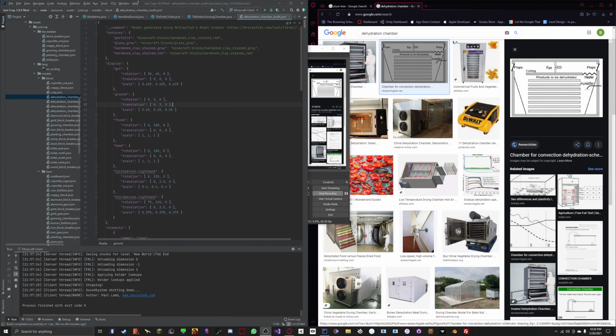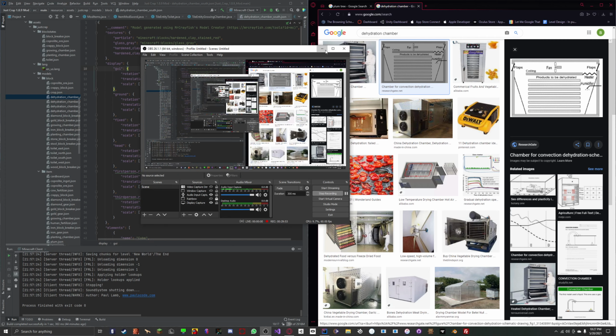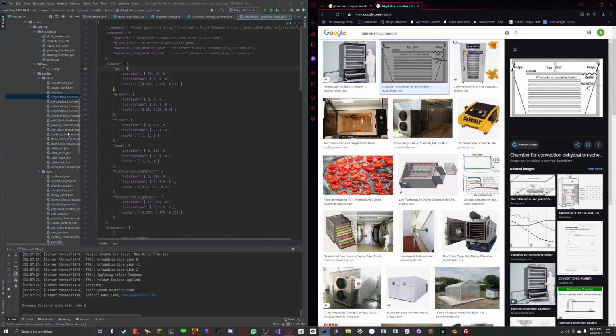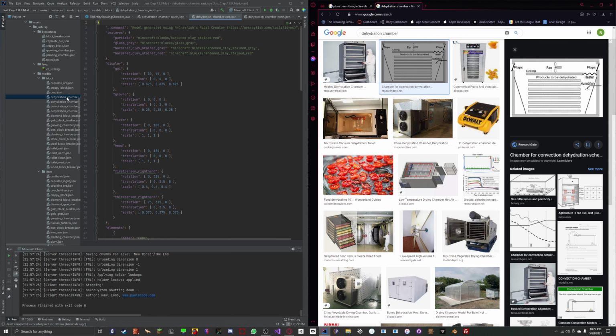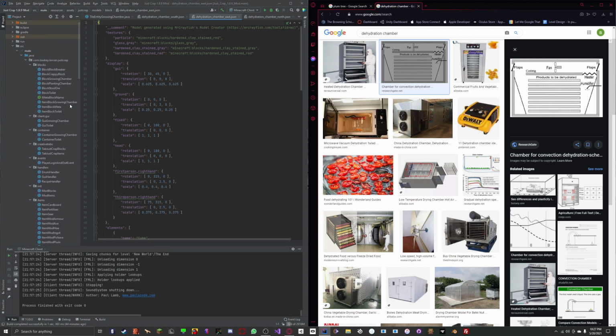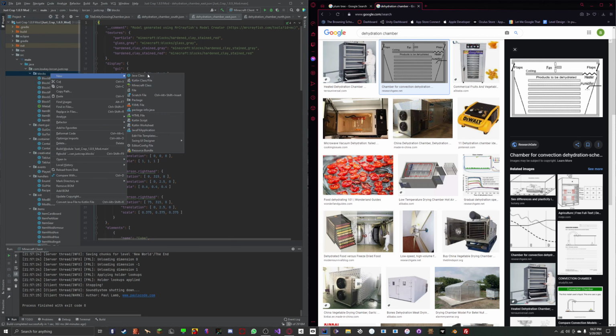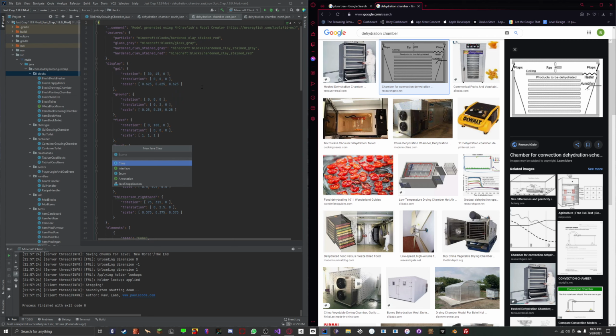Alright, so I've created all of the models for the, what's it called? Dehydration chamber. So if I just go over here, you can see all of them. Yeah. Anyways, now I just need to copy some stuff over. Okay, so here's how I'm gonna do this. So Java class, and we're gonna do item block